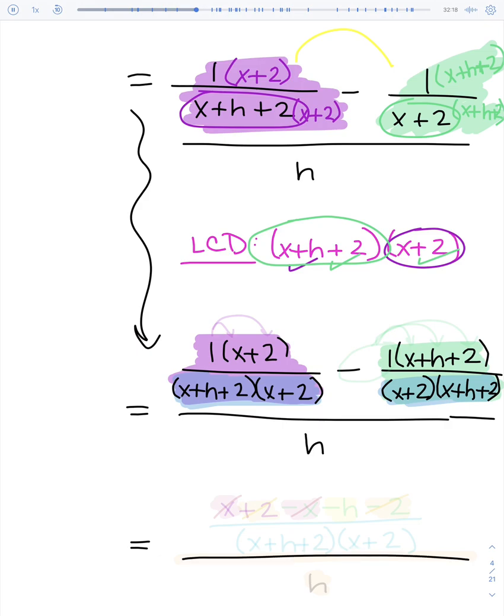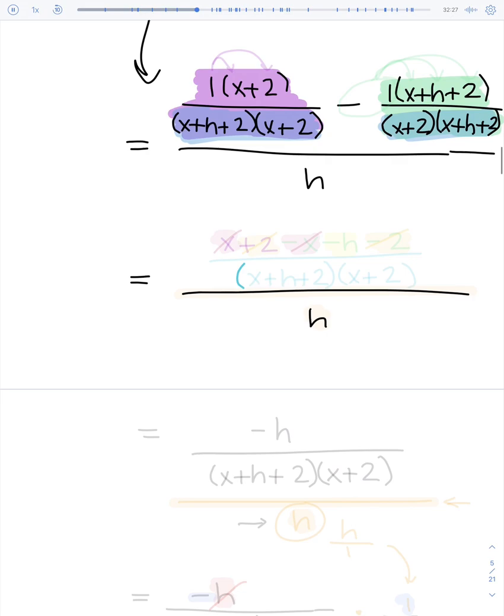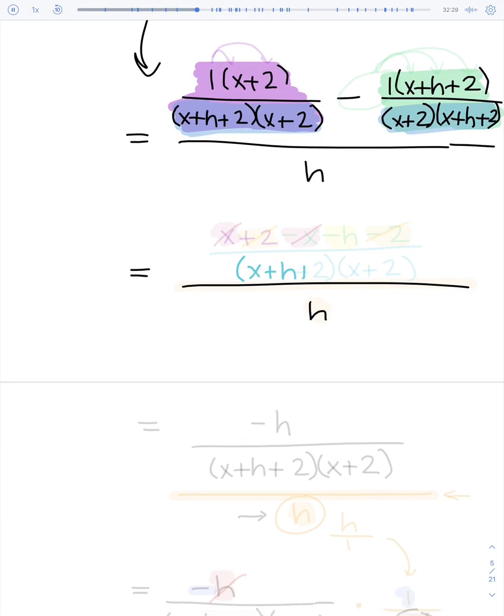together. So I'm going to leave my big h on the bottom, and we're going to bring together our two fractions with a common denominator of x plus h plus 2 and the x plus 2. They have a common denominator, so we can go ahead and bring them all together. However, I need to know what's on top of my first fraction and what's on the top of the second fraction. Let's see. Well, on the first fraction, we have a 1 times the x plus 2, which is just